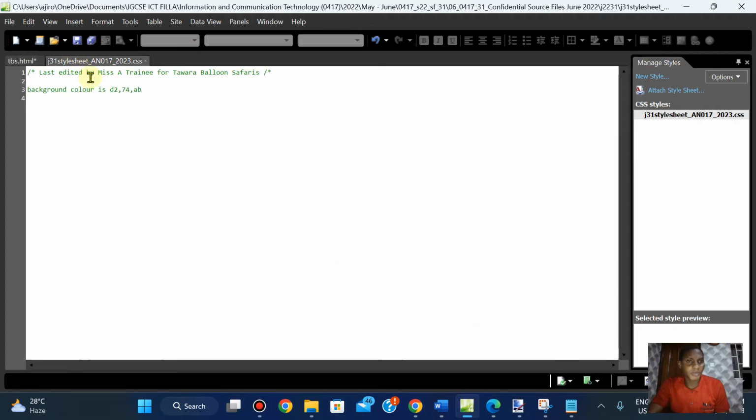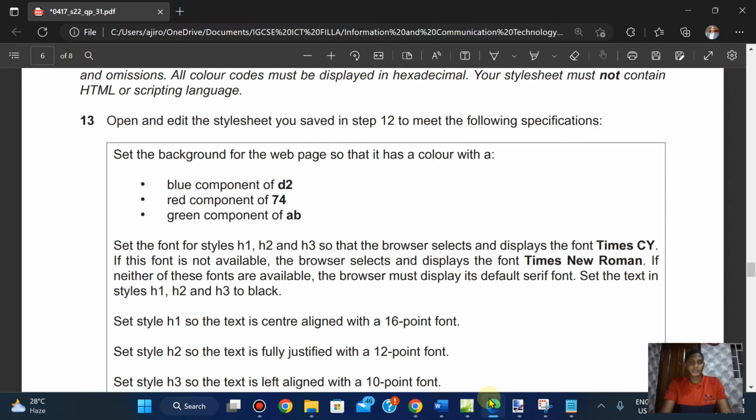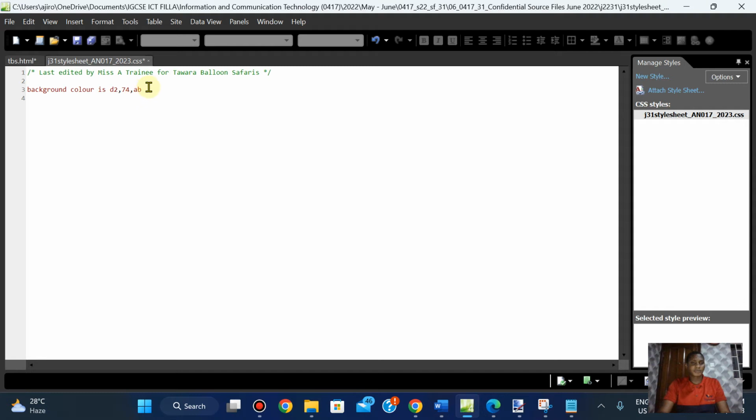So, okay. So obviously this is meant to be here. Okay. Set the background for the web page so that it has a color with, okay, so